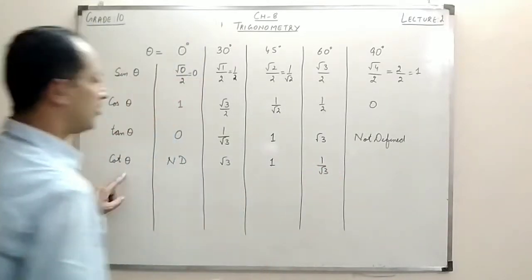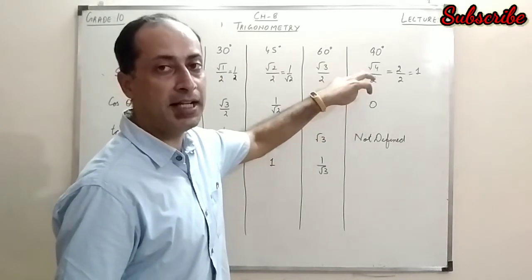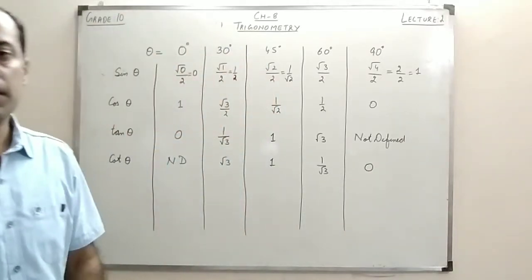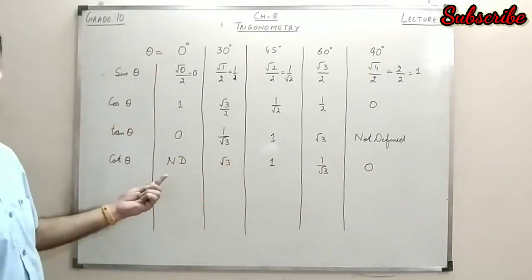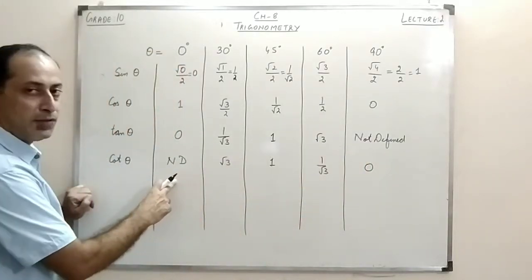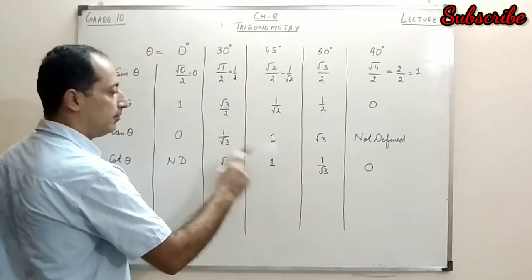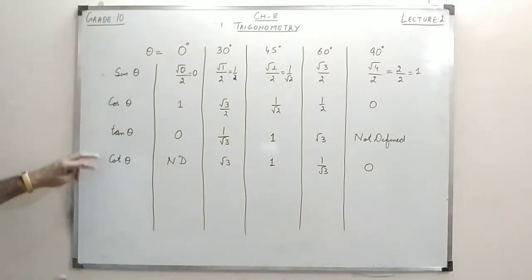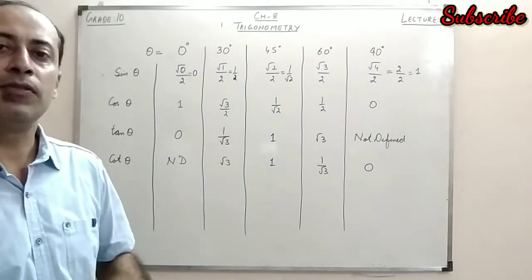Or you can say cot theta is cos upon sine. So cos upon sine means cos 90 upon sine 90, that is 0 by 1, we get the value as 0. Now the other way to write the value of cot is, you can just start from the backward for the tan values. The last value for tan was not defined, that is the first value of cot. Second last was root 3, here the second is root 3. This is the same, then this and then this. So that is the other way. Or cot theta can be written as cos upon sine. So there are three ways by which you can write the value of cot theta.